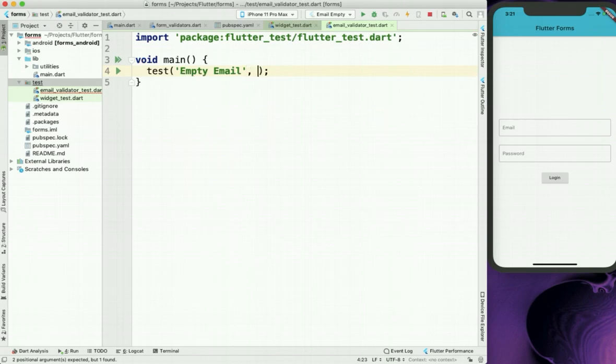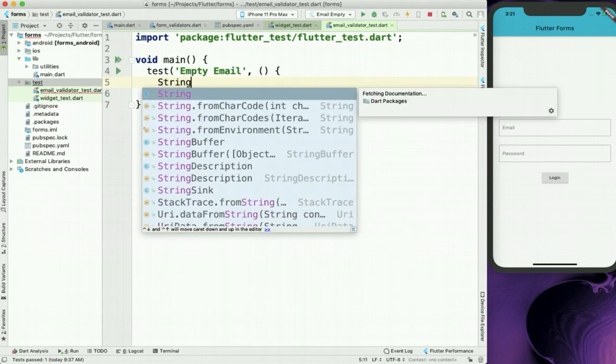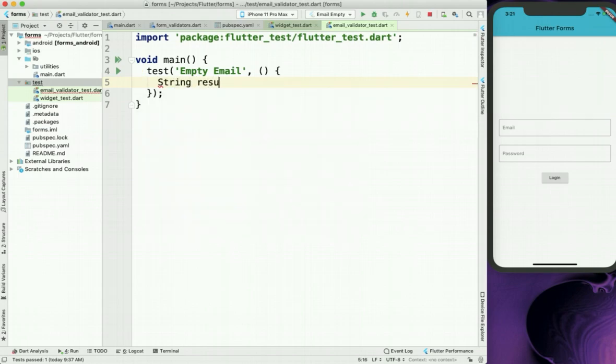Okay, and then as a second argument I will pass a callback. So now inside this callback we will perform our test. So what we will do is we will take a variable result, and that will contain the output of email validator.